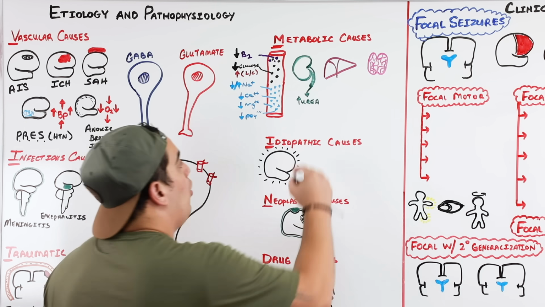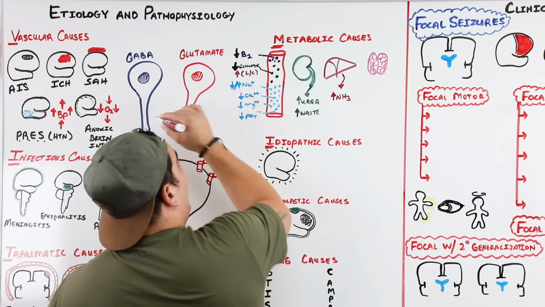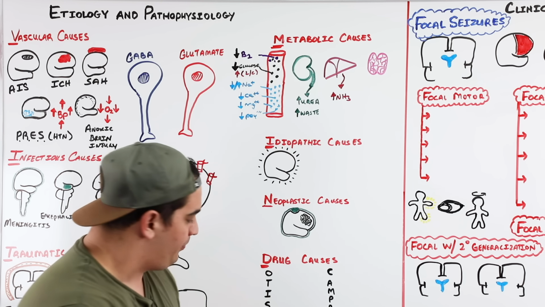The other one is the liver. So think about that good old beautiful liver. If the liver fails, less ammonia is being converted into urea. And so now, because of my liver failing and I'm not able to perform the urea cycle appropriately, I'm going to build up a lot of ammonia. And that ammonia also has the ability to trigger seizures.